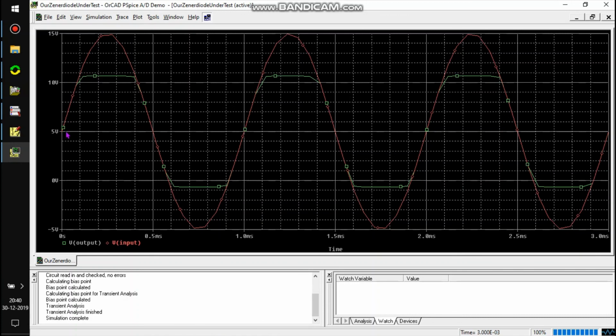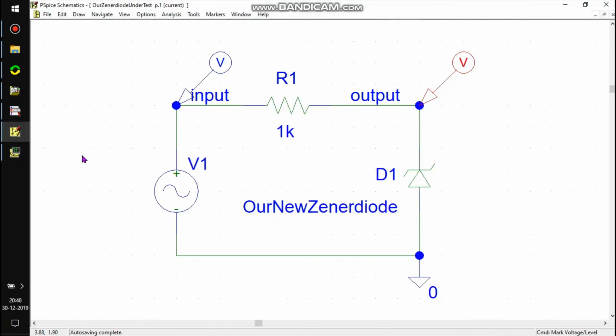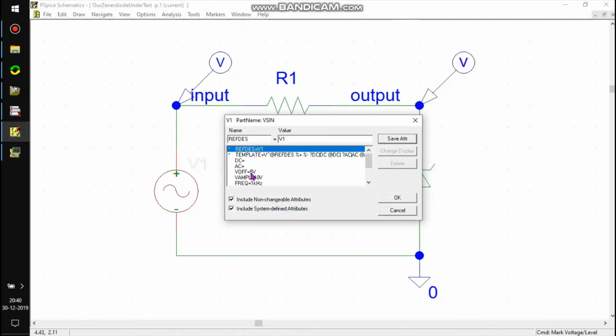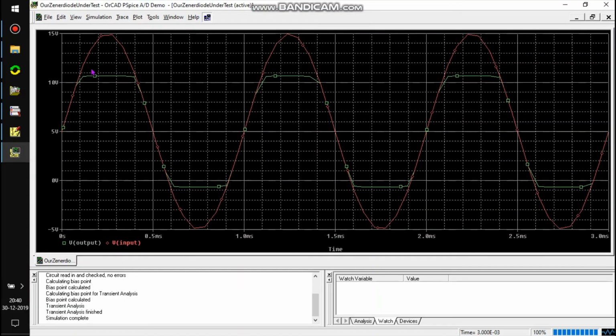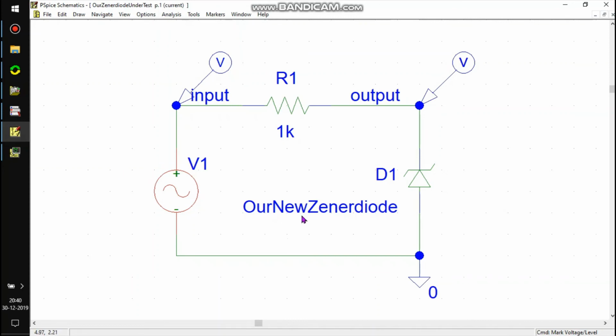Just this is the offset of 5 volt, and then it's going to swing 10 volts around this 5 volt. 10 volts difference. And then our Zener diode is going to make 10 volts or almost not conducting. So this is exactly what we wanted.